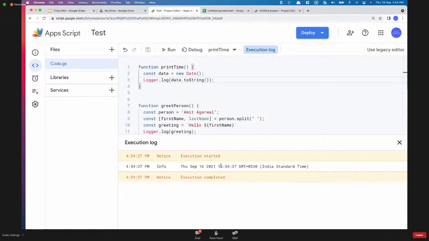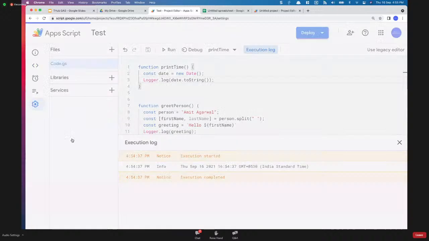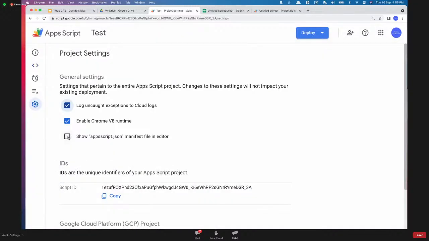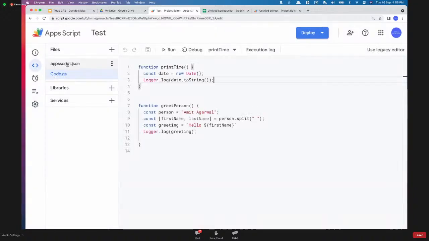That is 4:54 PM. The reason why it says this is because my current project has the India time zone associated with it. But that doesn't mean that because my browser has the India time zone, it's showing the India time zone. It's just that my project itself has the India time zone associated to it. So if I go to my project settings, they have something called a manifest file. Let me open this manifest file first. This is the manifest file. It's called appsscript.json, which holds your project